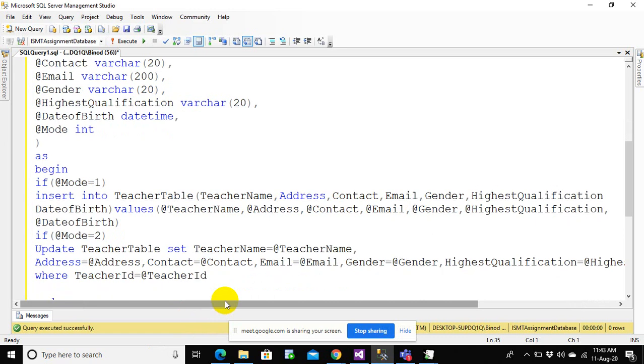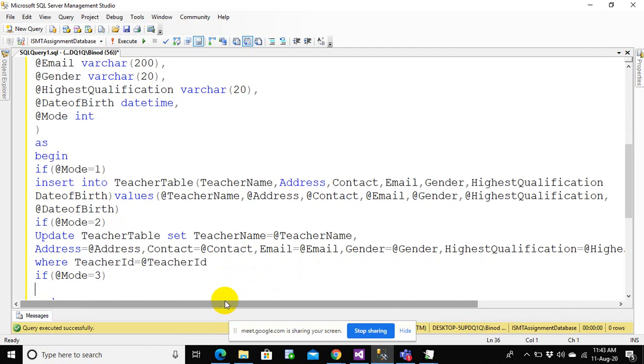Again, if @mode equals 3, then we want delete from teacher table where teacher ID equals @teacher ID. And we are done with the stored procedure as well.